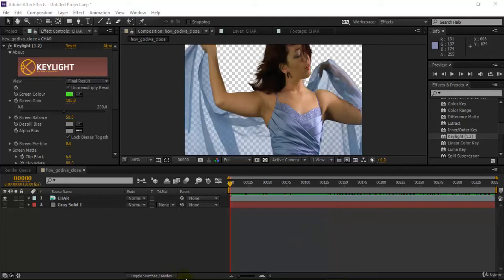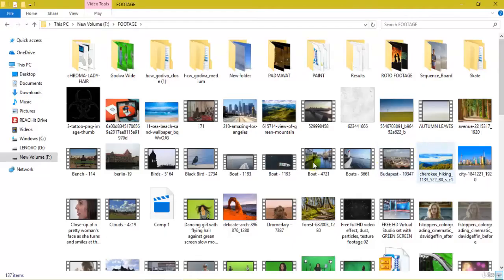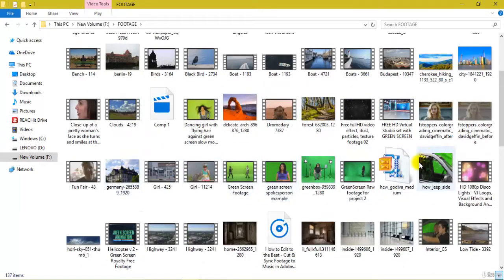Now what I will be doing here is, first I will be importing footage here. So I have some footage with me which will be acting as a background here. So I might just insert background.